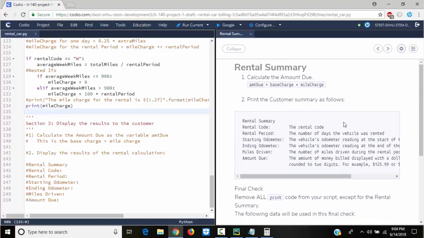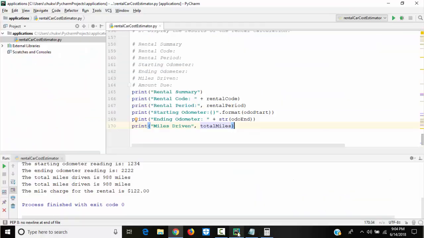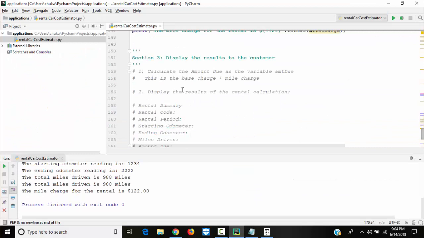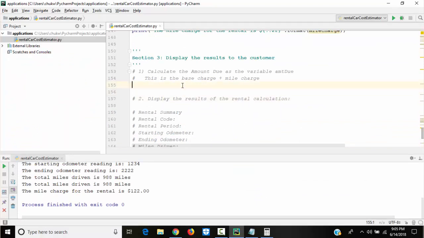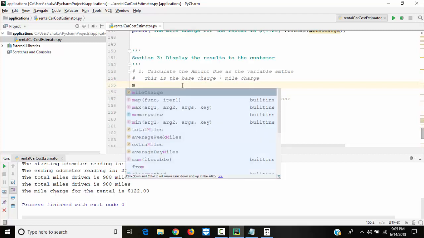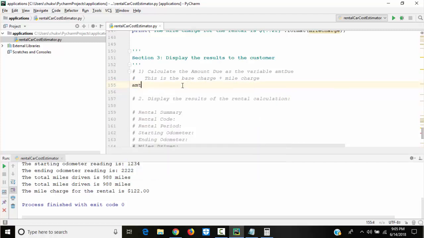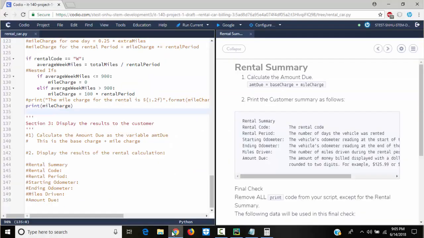Let's try the formula for amount due. Amount due is base charge plus mileCharge. So I'm going to come here. Amount due. I'll write here amount due, and they want us to put it this way, right? That's the way they want it.